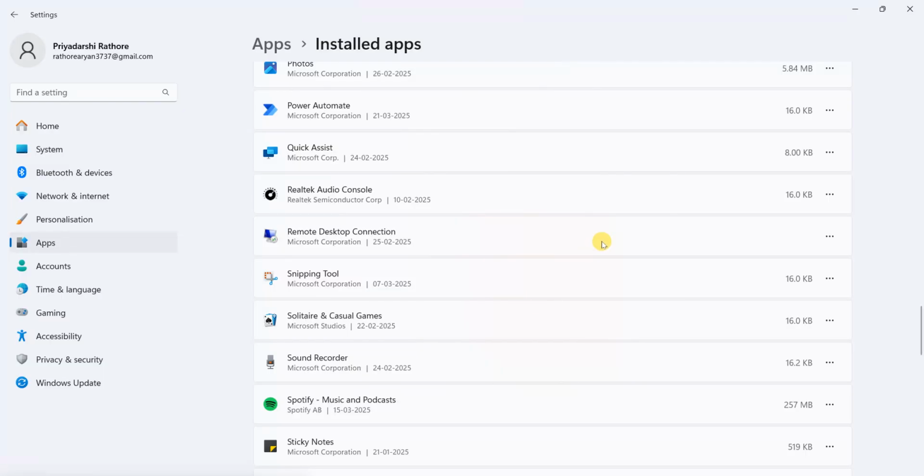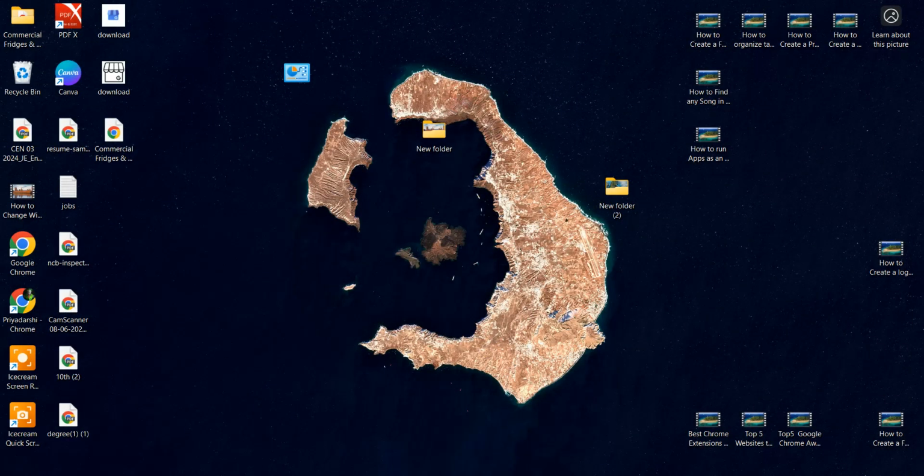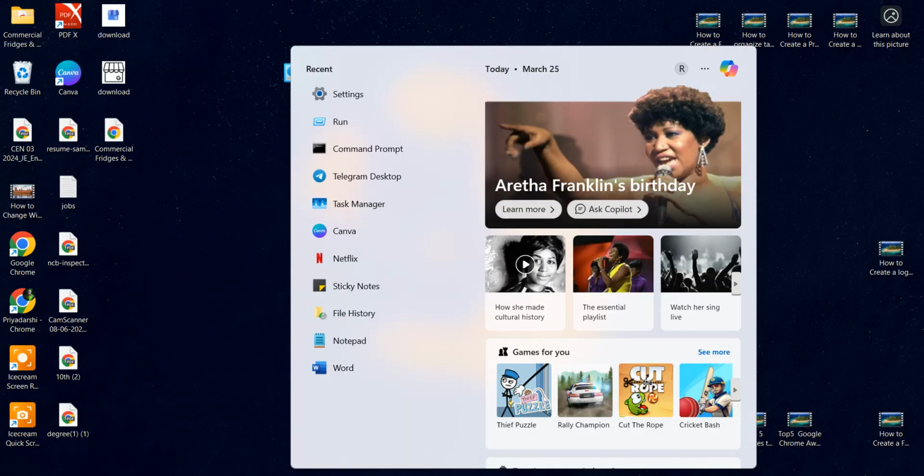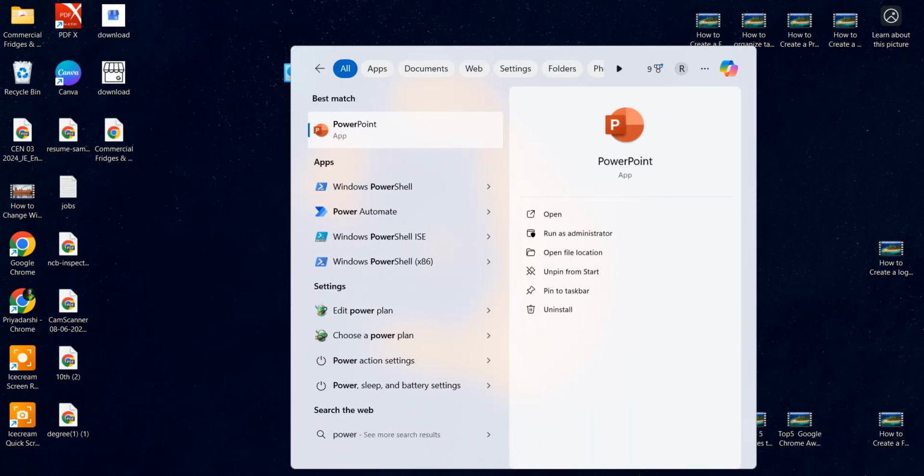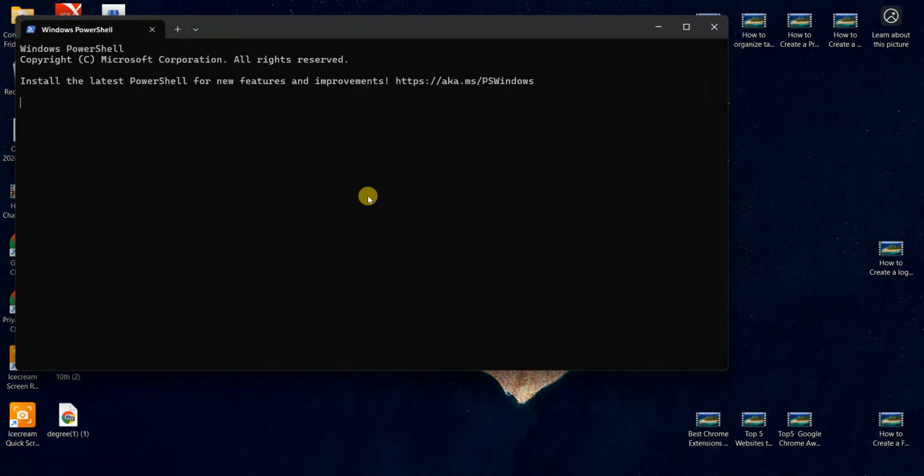For using PowerShell as administrator, go to the search bar and search PowerShell. Windows PowerShell, as you can see here. Open it. Now to run this command, you have to type Get. Just follow my steps. Get-AppxPackage